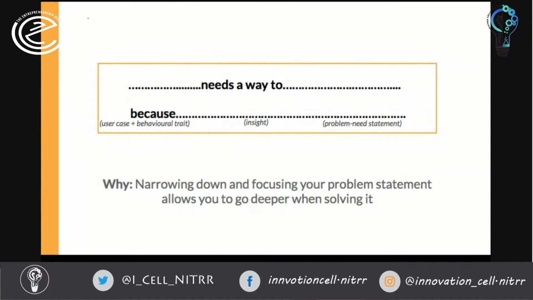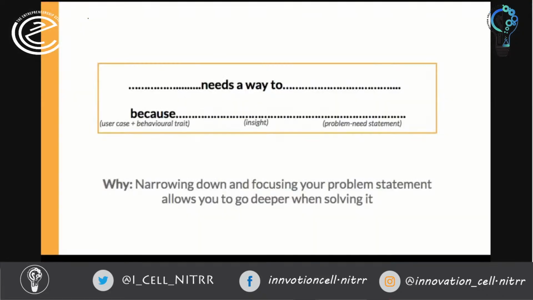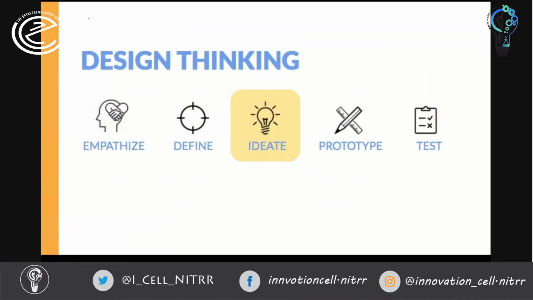And I've seen, as young minds and how we are engineered as humans, we tend to immediately start thinking about solutions, which is good and also not so good, because we need to spend more and more time with the problem, trying to demystify it, break it down into smaller pieces, so that we can truly focus on the part that you want to rectify. So your problem statement is the part that will define what you want to work with or ideate upon further. And then we come to the stage called ideation.